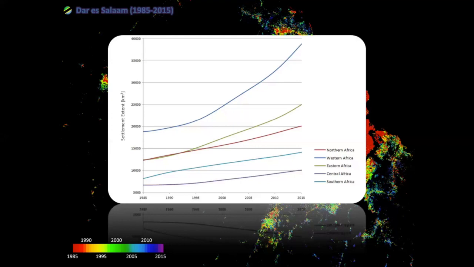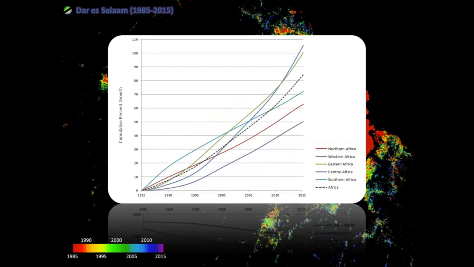And based on this, of course, I showed you at the beginning, we can then start deriving trends. Here it's just the different regions in Africa, so Northern Africa, Southern Africa. You can see the settlement extent in general, how it developed. And there are, as you can also see here in this illustration, significant differences between the different parts in Africa, for instance. But actually, you can break this information down to whatever unit you are interested in. So it can be administrative units of municipalities or even a fixed grid over Africa. Another example here is the cumulative percent growth. So they all start with the area in 1985, and then you can see in their cumulative percentage how they